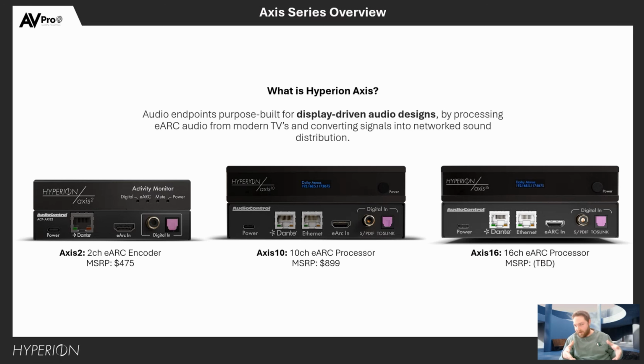Obviously, they're much smaller, they're compact, they're PoE, but they're really designed for applications outside of the home theater. APR 16 is your super high-end, expensive home theaters. Axis is designed for all the other rooms in a home. So whether that's a bedroom, living room, outdoor patio, right? These are designed to be connected to displays and extract the audio from the displays themselves and then convert them